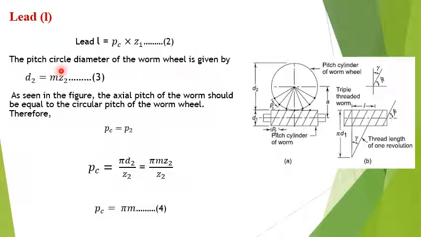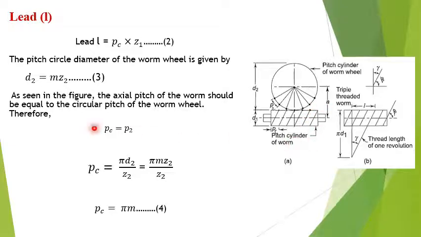Now here the pitch circle diameter of the worm gear or worm wheel can be written as d2 equal to m into Z2, where m is the module. Let's take this as equation number 3. Now let us refer to this particular figure wherein we have the worm gear and the worm. Here the diameter D1 is the physical diameter of the worm, D2 refers to the physical diameter of the worm gear, and A refers to the center distance between the shafts.